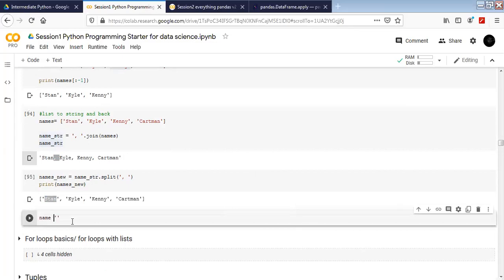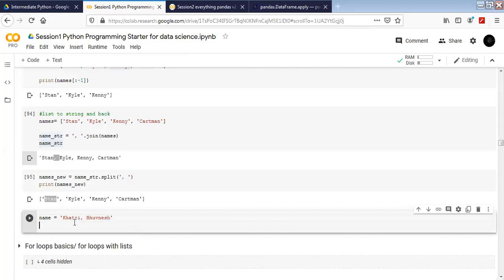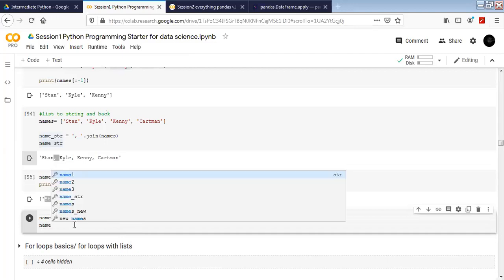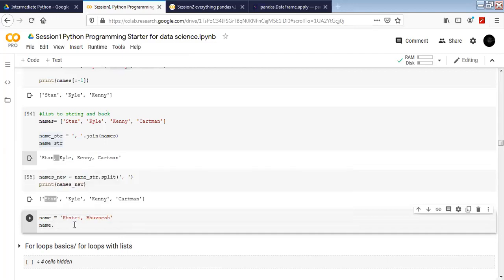Yes, sir. Okay, so for example, when we buy a flight, our boarding pass is going to have a name like this. For example, this is my name. This is how we see our name on the boarding pass, correct? Our last name and then first name. So if I do name dot split, I want to split it at comma and space.